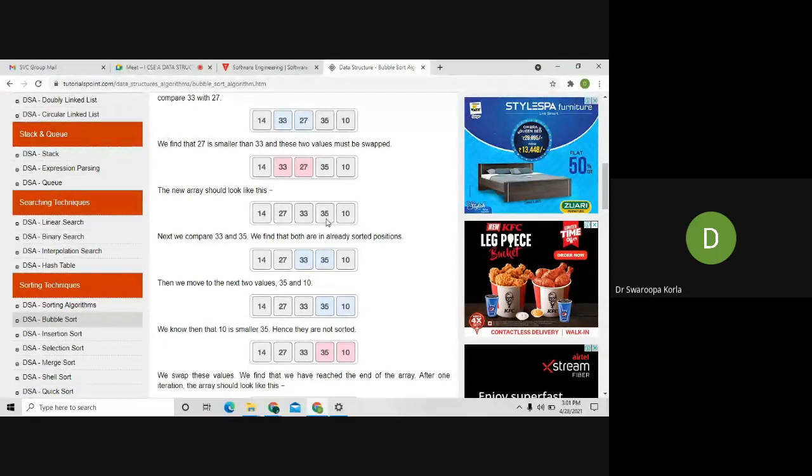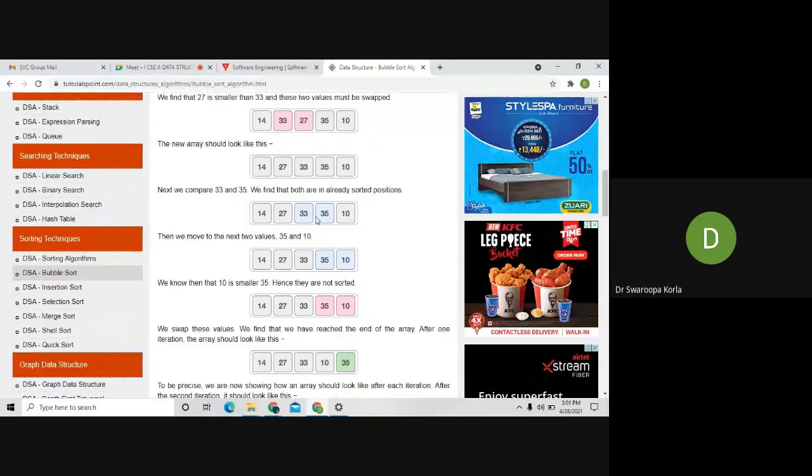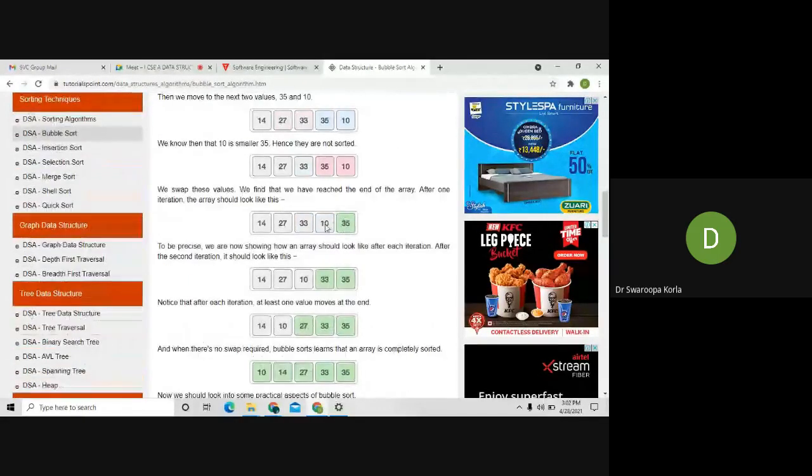Now compare 35 with 10. Here the story starts again. 35 is much bigger than 10, so 10 should come before 35. Look here: 10 here, 35 here. My order is 14, 27, 33, 10 and 35.